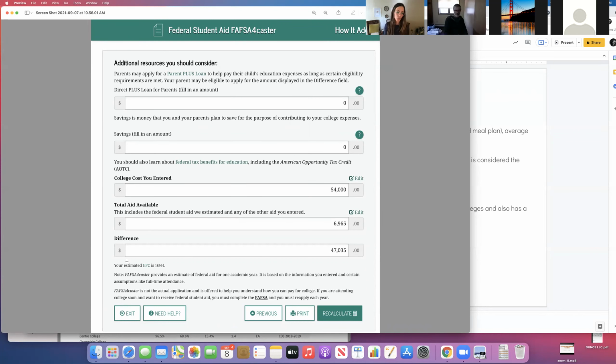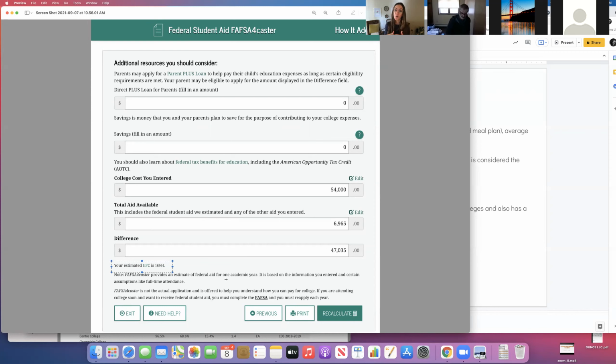So no, what I'm actually looking at is this number down here. Super unassuming, right? This tiny little figure down here is what's more important. This is your EFC, 18964. What is that? It's actually a dollar amount, but they don't put a dollar sign in front of it because they don't want to alarm you either, because it's not actually a bill.